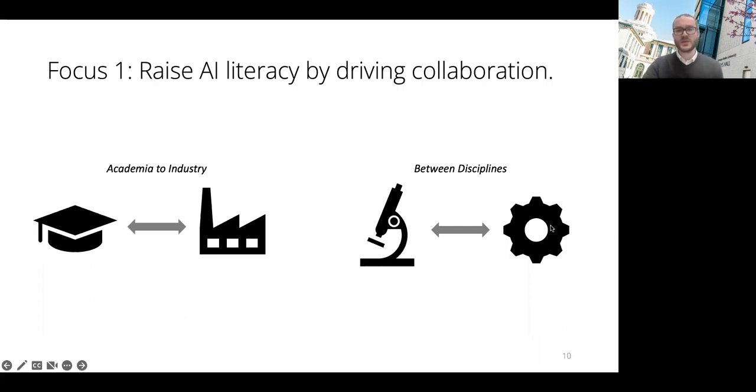But then also between disciplines, right? If we talk about AI within a biology context versus in an engineering context, the issues and the concerns are drastically different, right? So talking across these boundaries and driving collaboration is a first step towards standardizing some of this language, making sure we can talk to each other, and forming a growing AI design community. Once we start to form that community, we can focus on the next 2 focus areas.